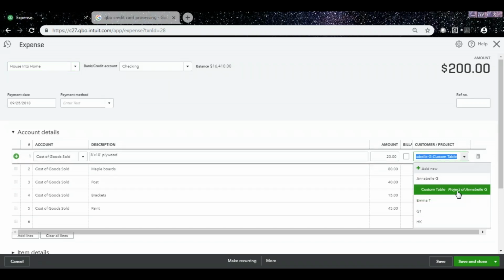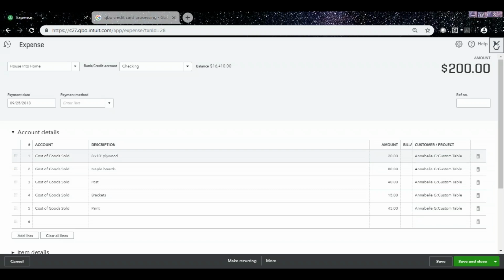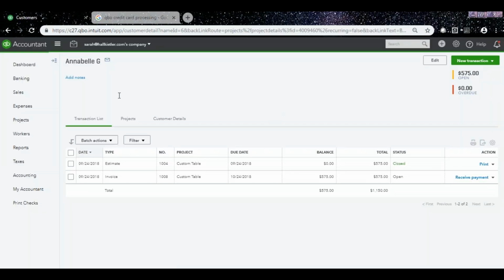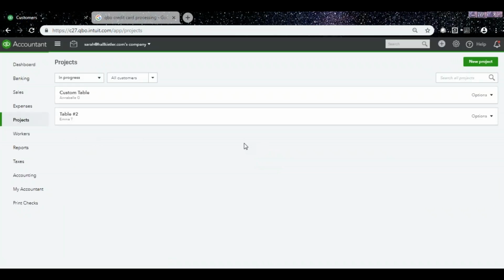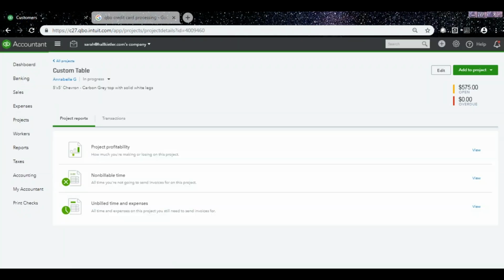That's also important for your reports that we're going to pull up here very shortly. So in our projects, we'll go back into this particular table,